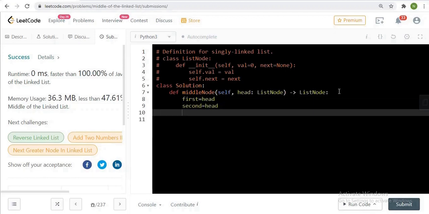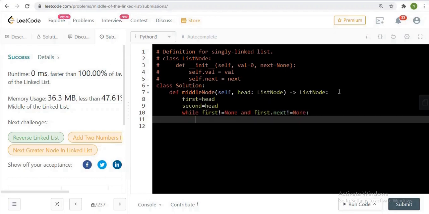Now traverse the while loop while first is not equal to None and first.next is not equal to None. In Python there is nothing like null; instead of null we have None. If it is true, then coming to the while body, we apply the logic.